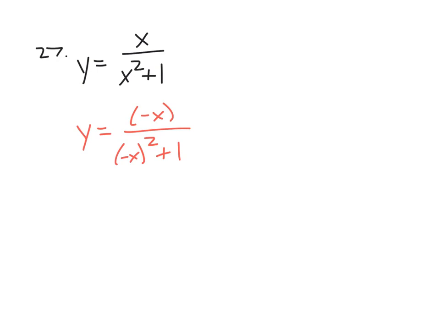What happens when you square a negative? So then really what we have is negative x up here, positive x squared plus 1 down there. Is that the same as the original? No, so what does that tell us? It's not equivalent, so not symmetric